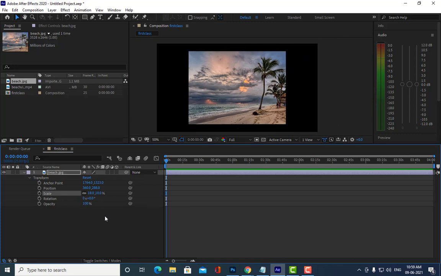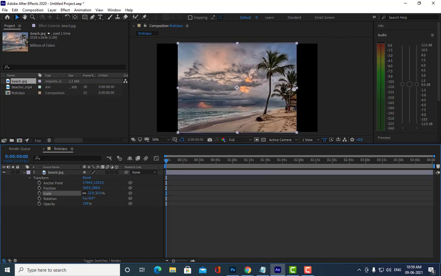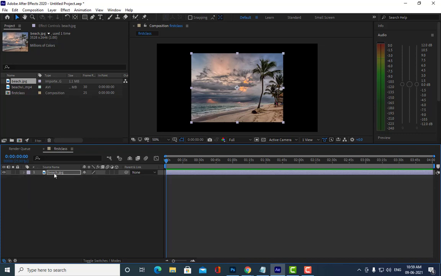Yes, sir. Okay. See, I have scaled the image now, and here I will hit U. I have hit U two times, so it will open, for example, position. Then I have closed it again, and I hit U double time once again, and it will open automatically like this. Are you able to understand?